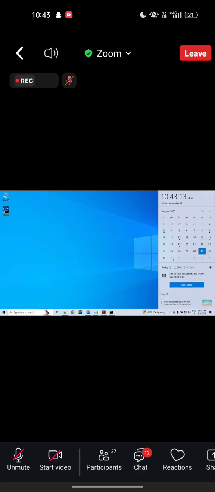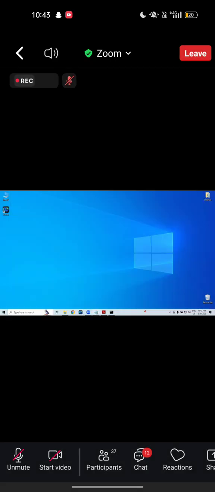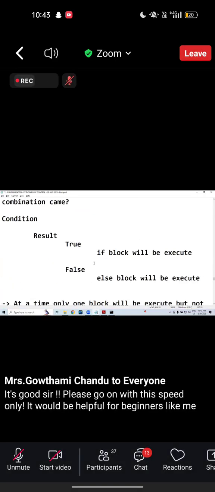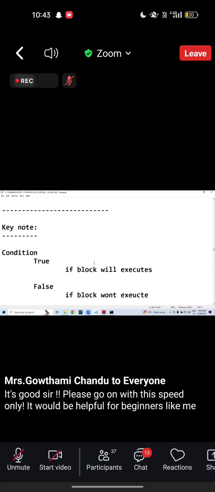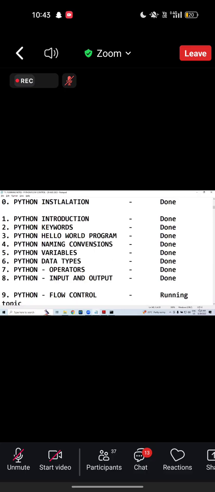Everybody look at my screen. Next Saturday exam, actually. That would be really good. I will tell you the exam pattern also. Let us go to the Python. If it is exam, your preparation is very good actually. That's what I'm planning to conduct exam. I will tell you what kind of exam I will conduct. Next Friday, right? Next Saturday?